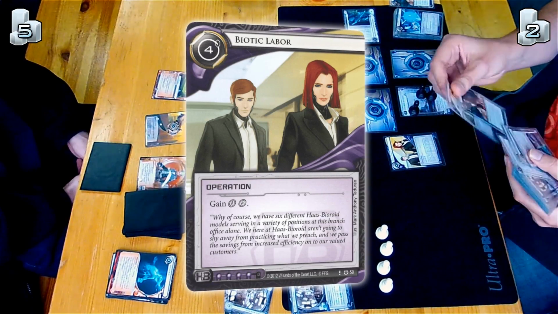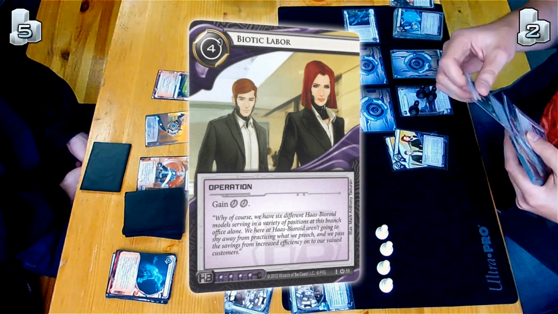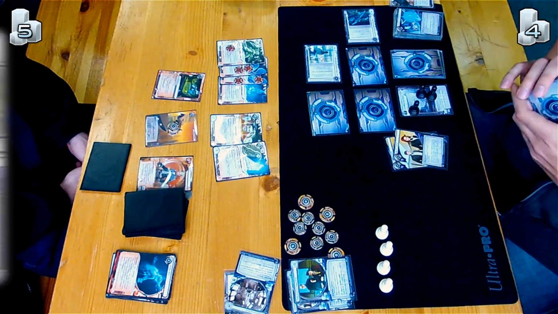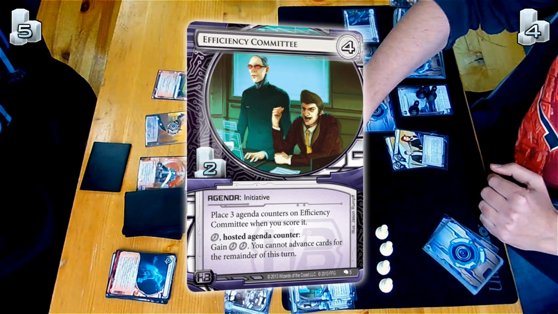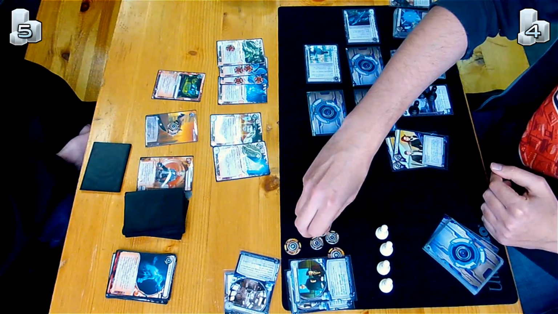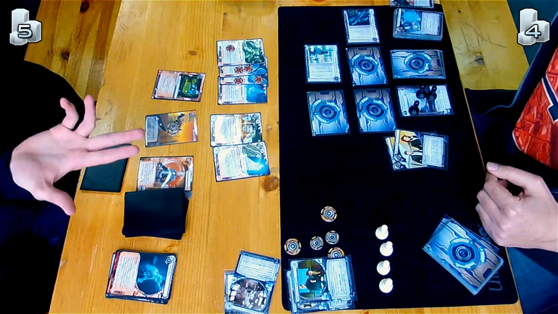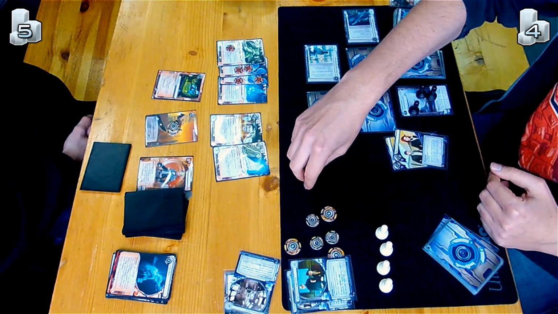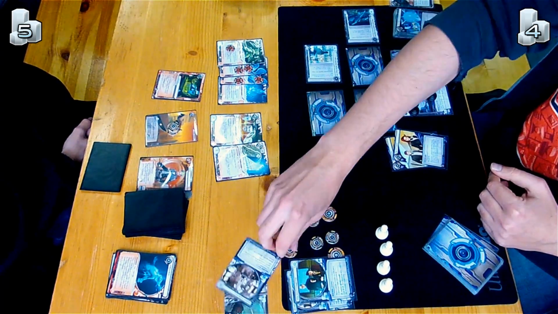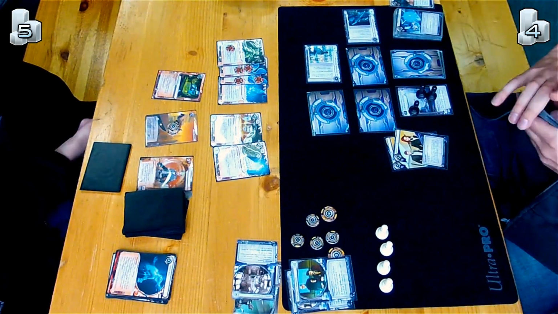Boom. First click, biotech labor. Then another biotech labor. Now I have 5 clicks. Now I play Efficiency Committee out of hand. So I pay a lot of money for this because biotech labors are 4 credits each. So 8 credits for the biotech labors and then 4 credits for the agenda, but now I have 2 points more,